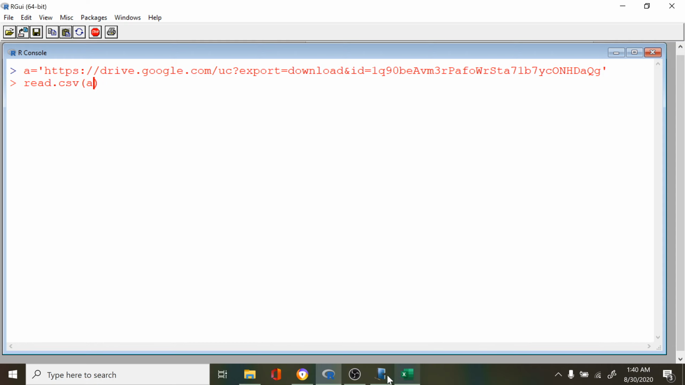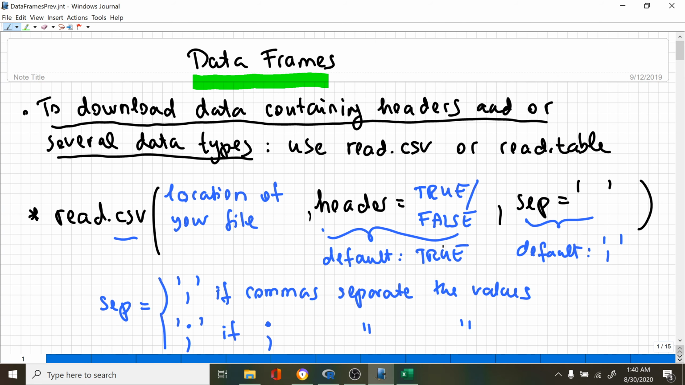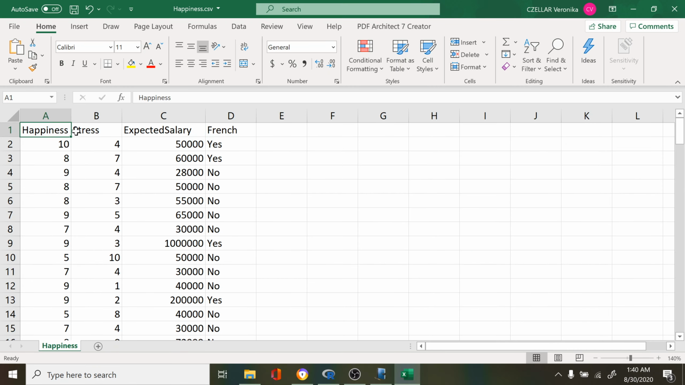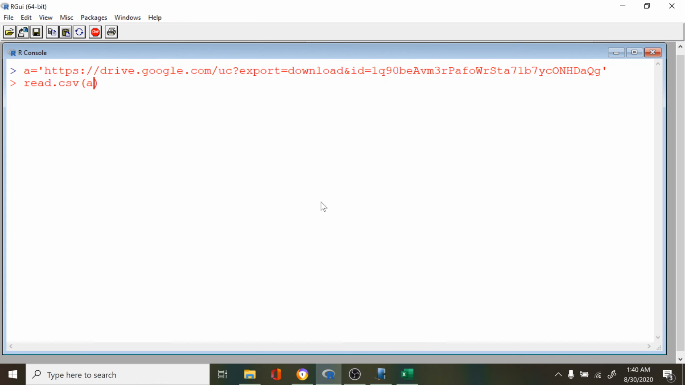And now I write read.csv and I specify the location. I don't need to specify anything else because header defaults to true, and in my data set I indeed have headers. The separator defaults to comma, and I just checked, indeed we have commas in the data set. So everything is fine. All right, and we said that we need to assign an uppercase A to this data frame. It downloaded the data,